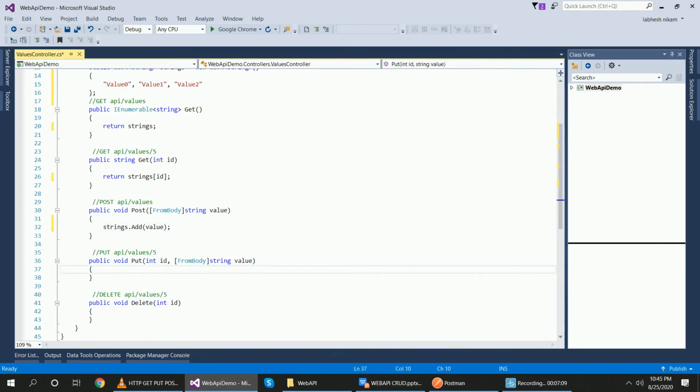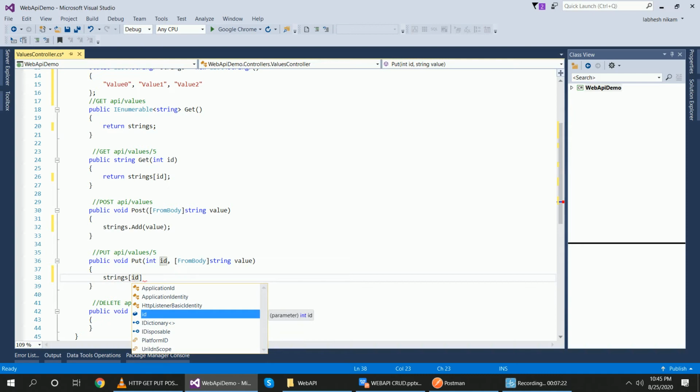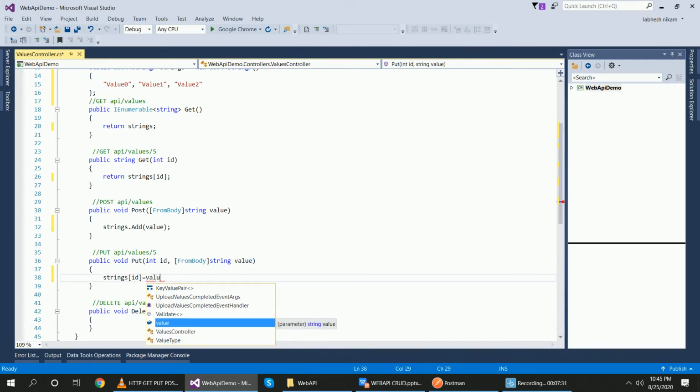PUT, to update the data, you want to update by id. Okay, so strings id equal to value, the name of the string, value of the string.